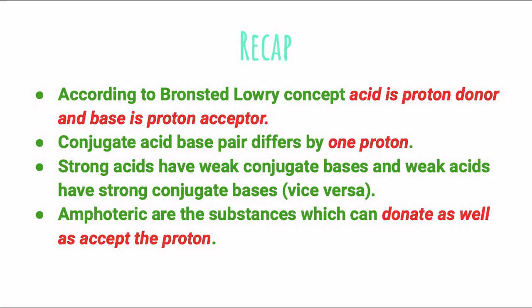So students, today we have learned the Bronsted-Lowry concept, according to which an acid donates proton and therefore a proton donor is called an acid, and a base accepts proton, that is H plus ion, so a proton acceptor is called a base. Again, remember there is also one drawback of this theory. Acid is a proton donor. So which substance can donate proton? The substance which is having proton, that is H plus ion.